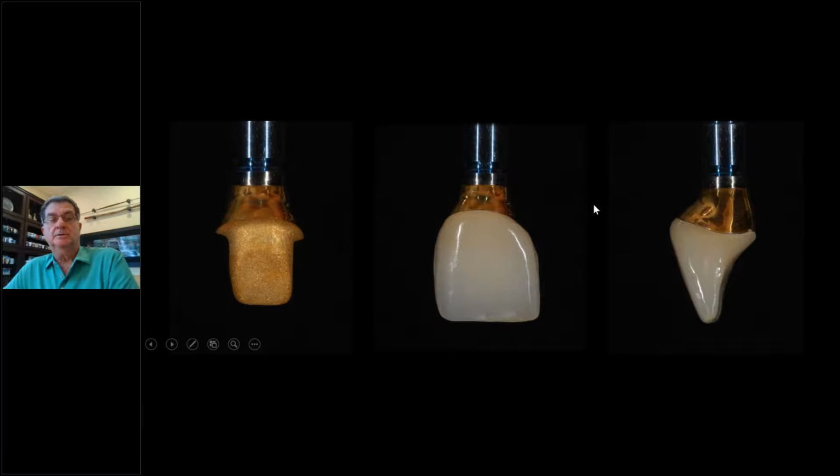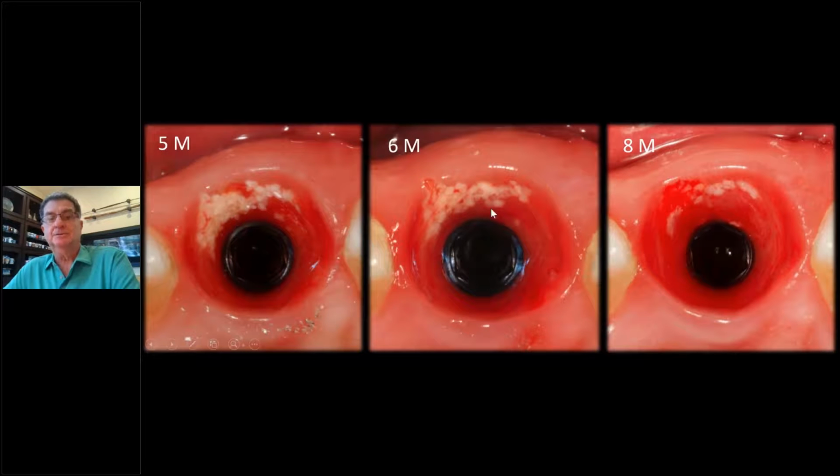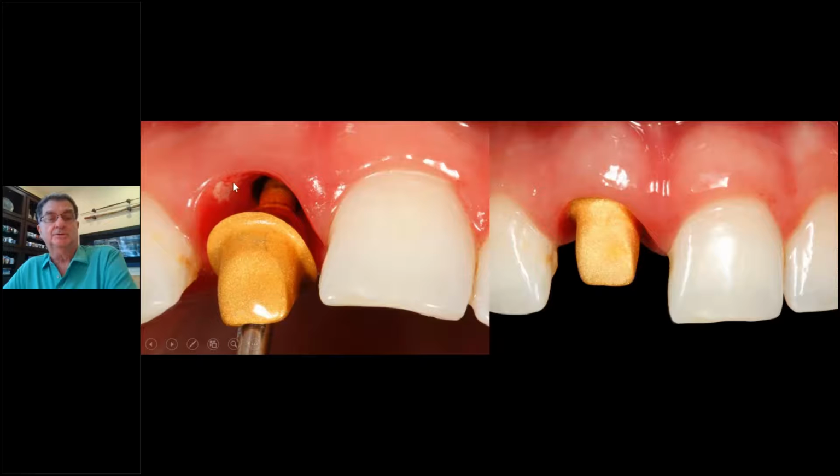He made again, the cementable one in this case, but he made it customized. We gold plated. This is ceramic metal that's gold plated. That's what we like to do for color. And here it is at 5 months, 6 months, and 8 months. Now we're ready to finish the case with this. Notice the particles are still working their way out. And we cemented this on. We cemented this in and tightened it down, knowing that some of those particles were still slowly working their way out the sulcus.